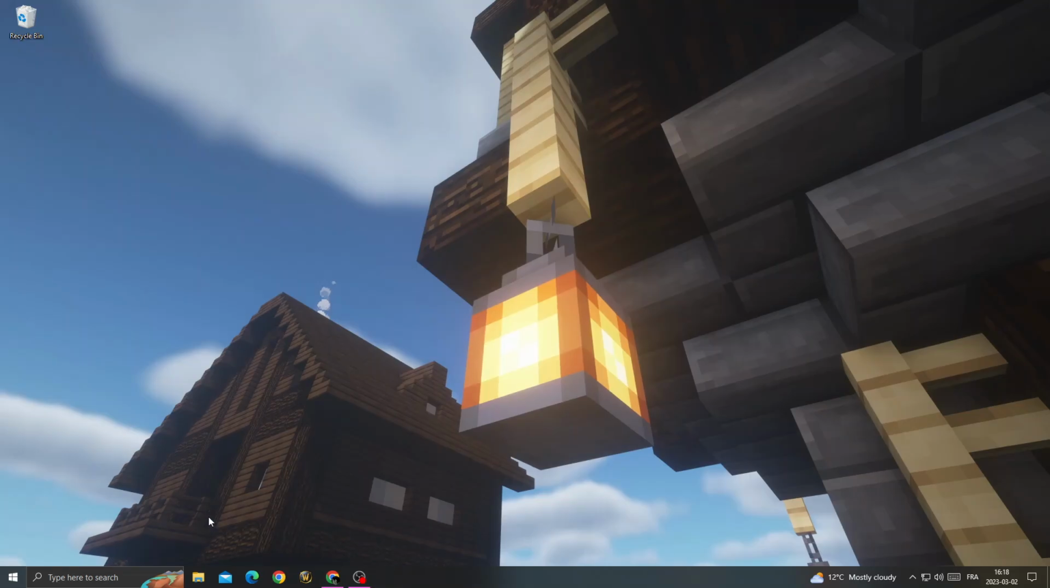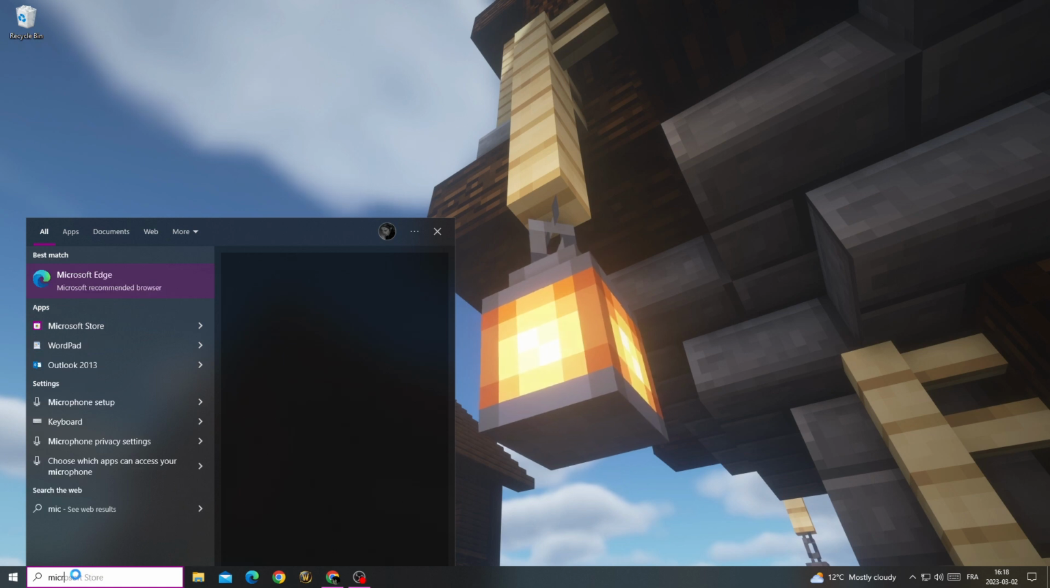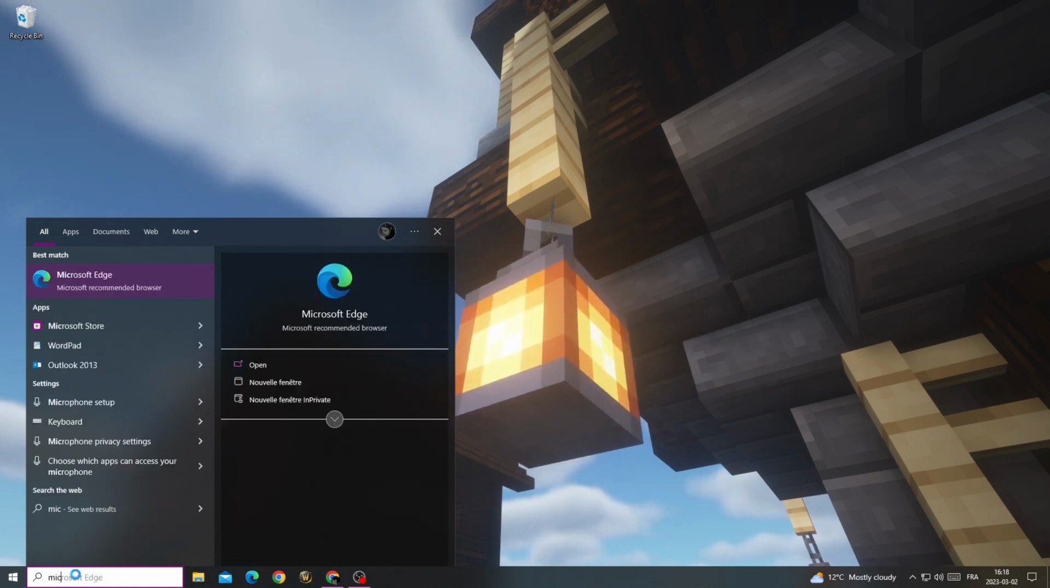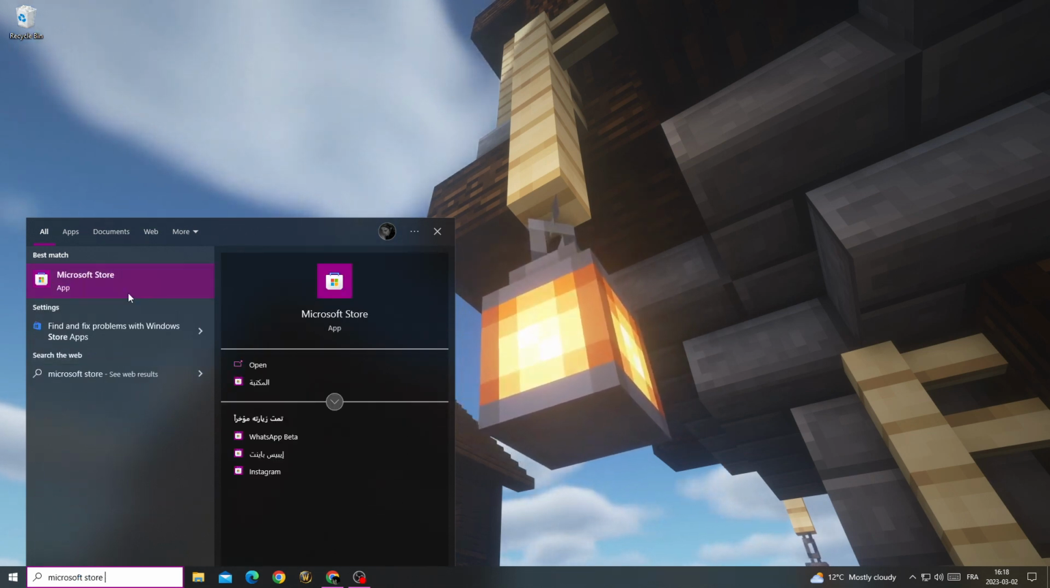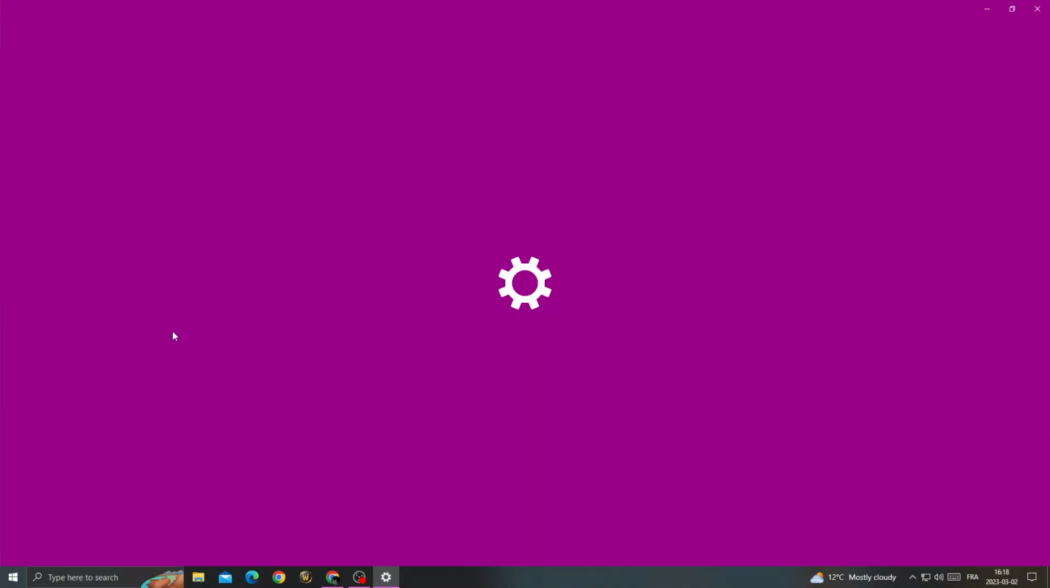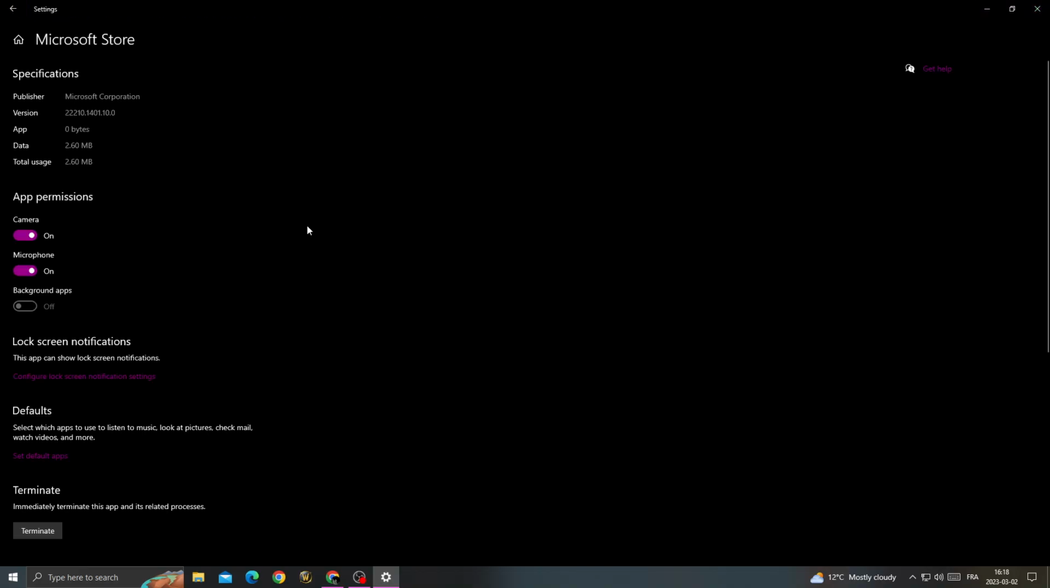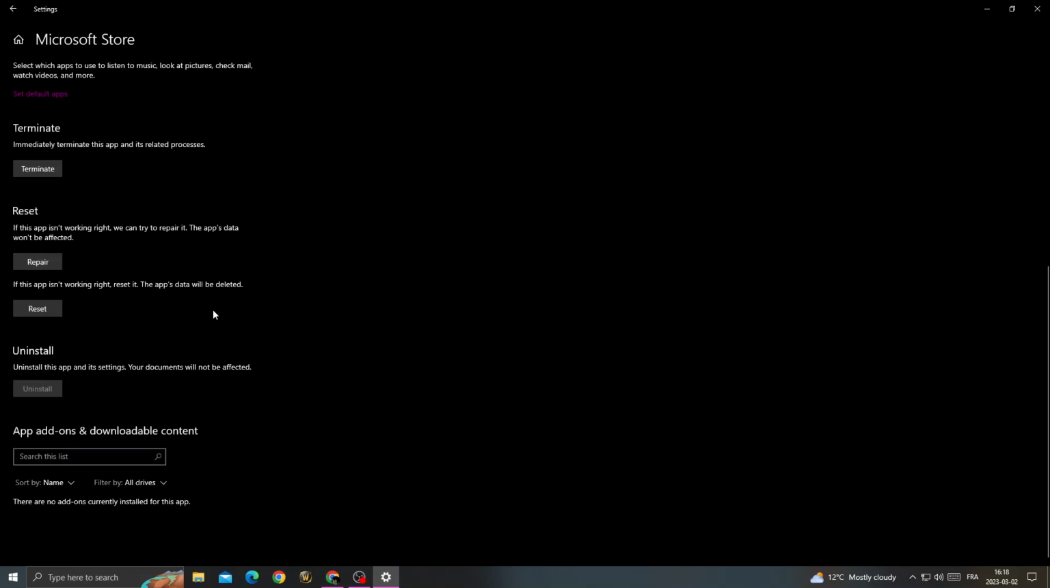next one close this window and type here Microsoft Store, and now right click on it and go to app settings, and now scroll down and click repair,